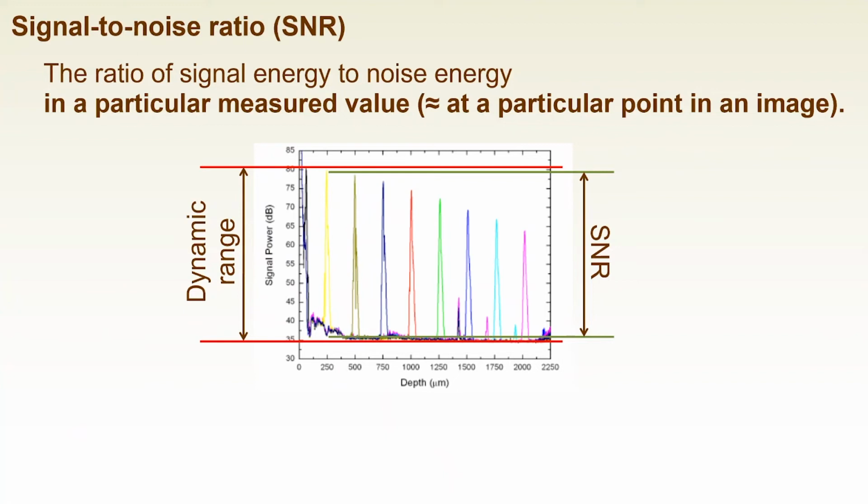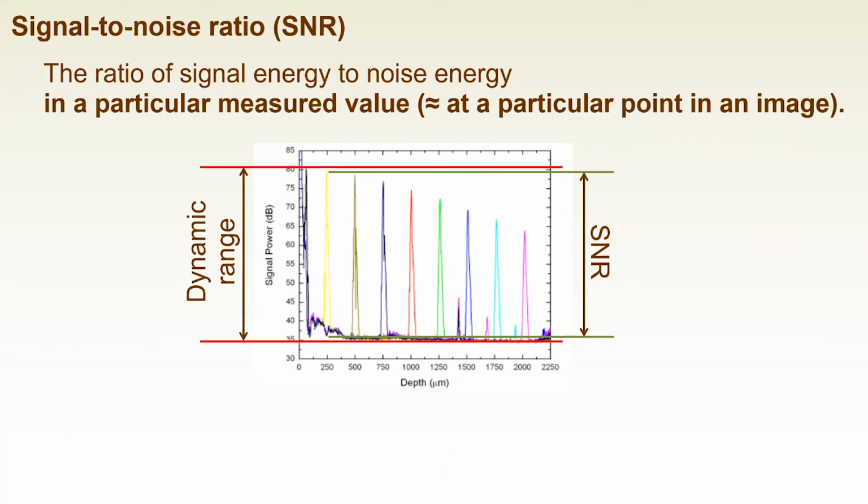Dynamic range is a concept defined by the entire A scan or the entire image, right? You select two different regions. One has the highest signal and the other has the lowest signal. And the ratio of it is the dynamic range. But signal to noise ratio is a concept about a single signal realization. Okay, but this single realization of the signal contains two components. One is a real, noise-free signal, but some noise is added on top. Like here is the true signal, and the realization of the signal is distributed around this point